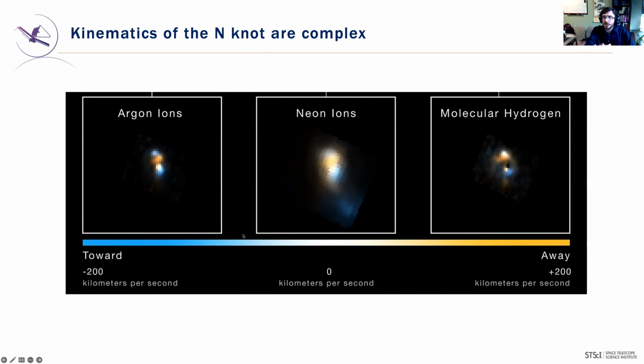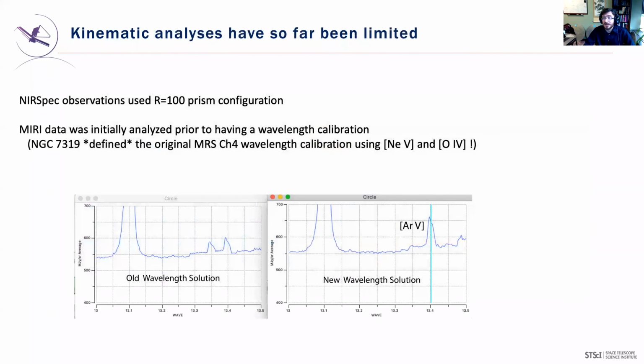And this illustration that we put out with the early ERO release is very hand-wavy in terms of exactly what the velocities of each of these components are. And there's a reason for that. It's because it was pretty difficult originally to say exactly what the velocities of each of the components were in the original analysis that we did for this. The reason why is because when we were doing this analysis, we didn't actually have a wavelength calibration for the instrument at the time. So we were attempting to analyze this data at the same time that we were getting all of our observations to actually calibrate MIRI back in June.